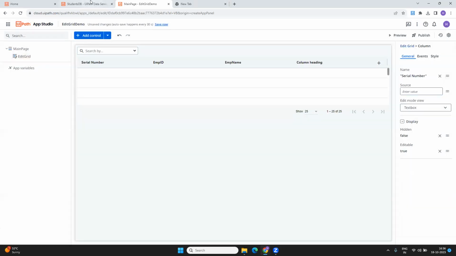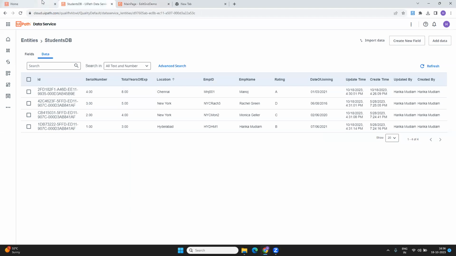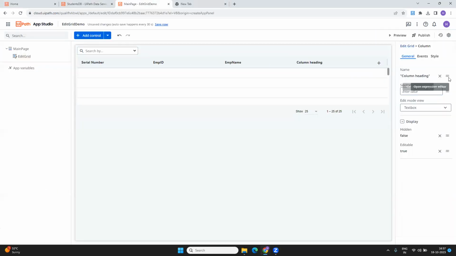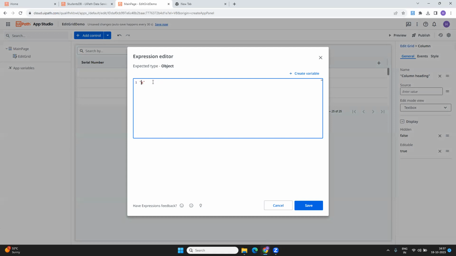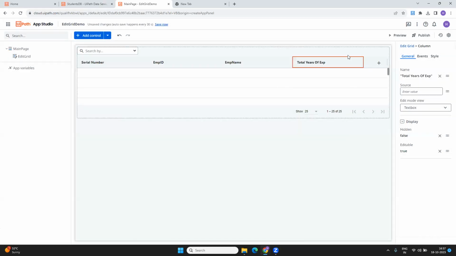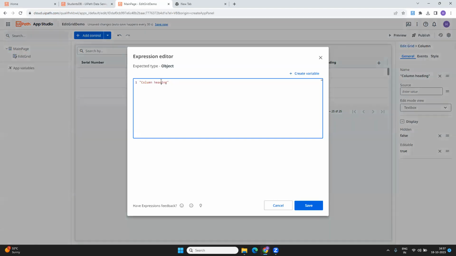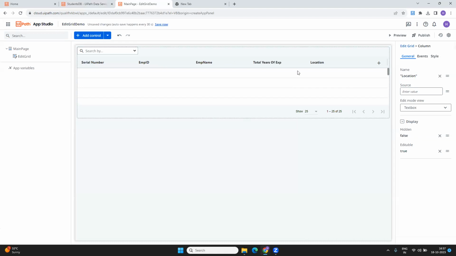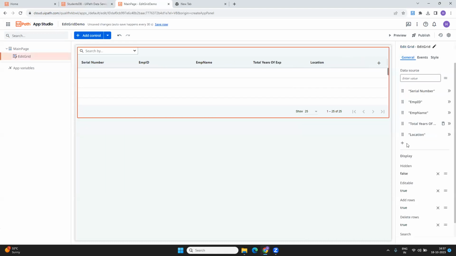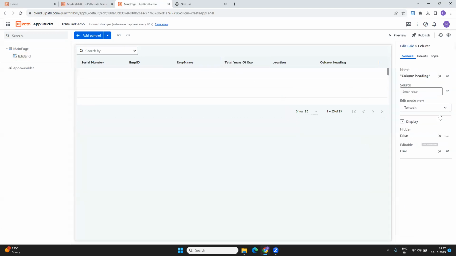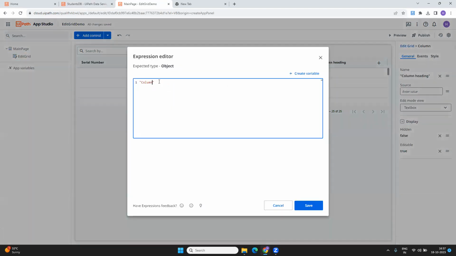Okay. After that, serial number, total years of experience, location. Total years of experience. And then you can add, let's go here and add location, right? And the next field that I'm going to add is rating. Okay, here I'm going to add rating. So here you have to keep one thing in mind, which is